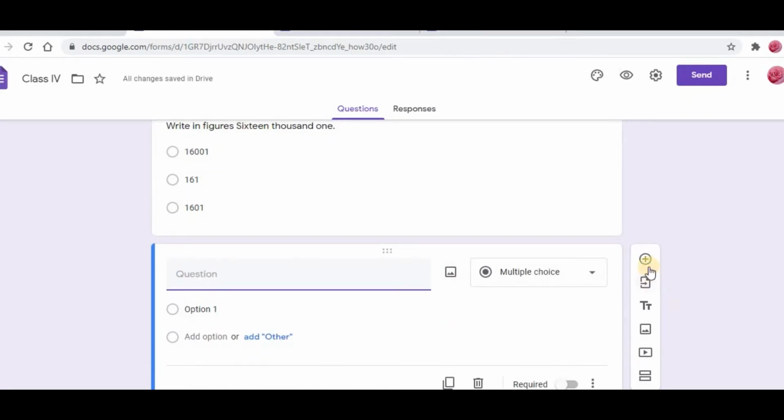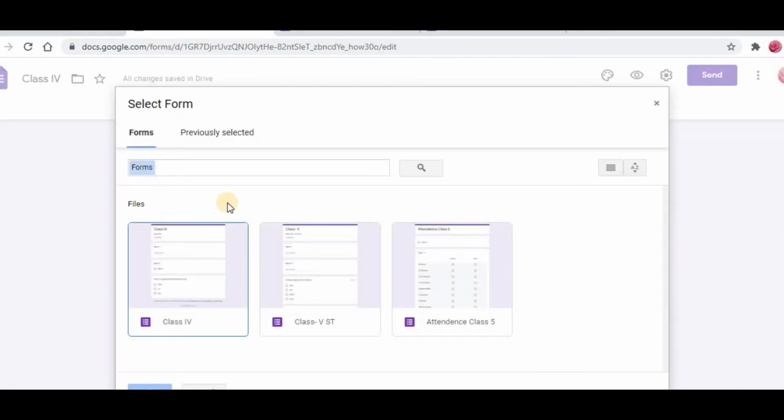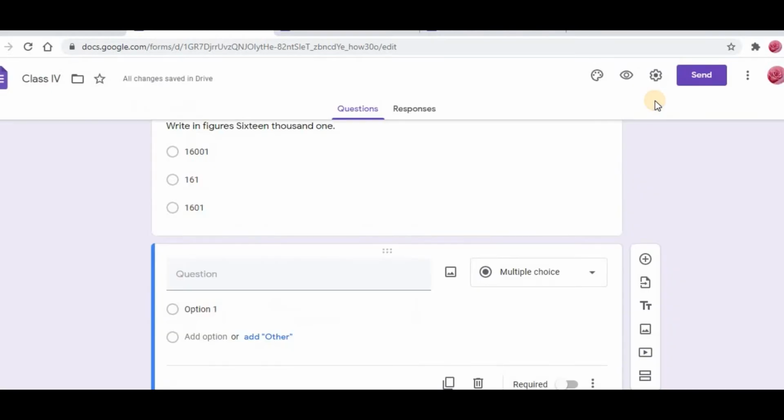Not only this, if you observe here, this means addition of questions. You can add one more question. And import questions: if you have already written questions in any other place, you can simply go for that. They'll ask you, and if it is there in your system, you can select from there. Those are the options it gives you. Right now I haven't written questions in any other place, I'm just writing now itself. So D is equal to in Hindu Arabic numbers.